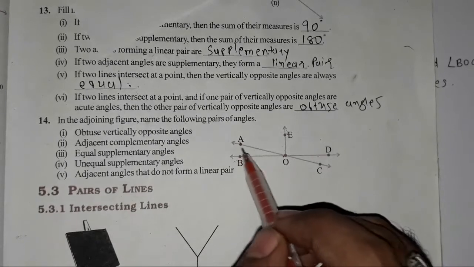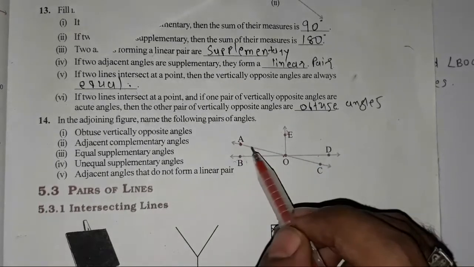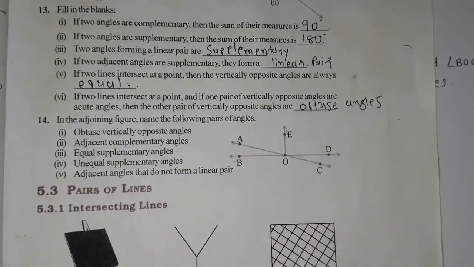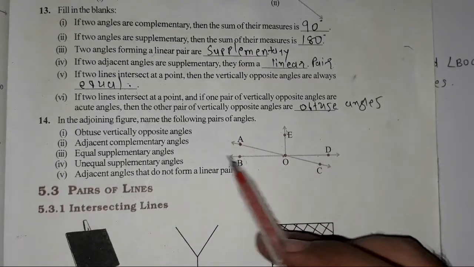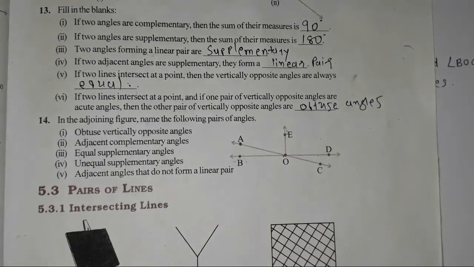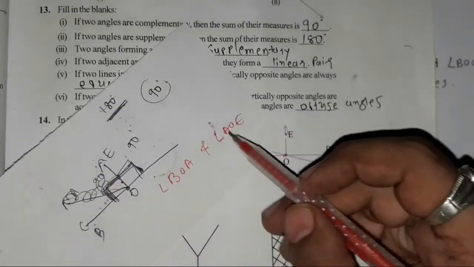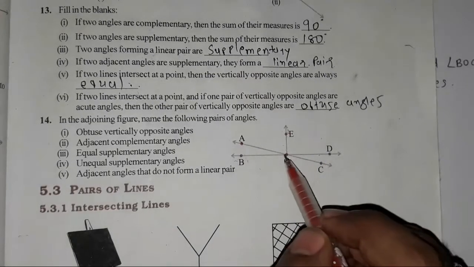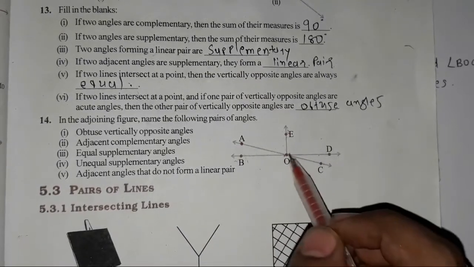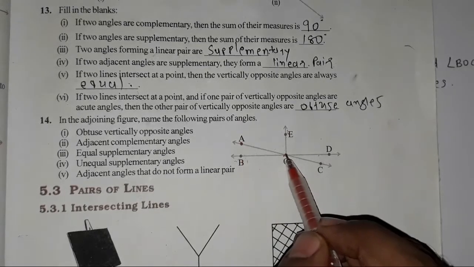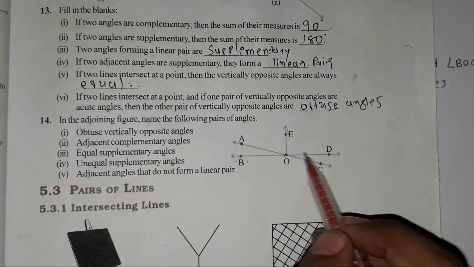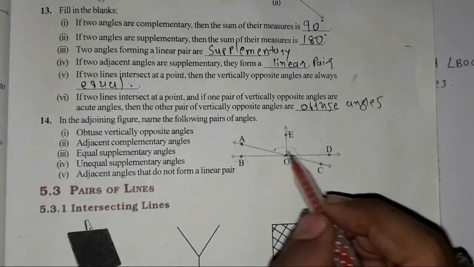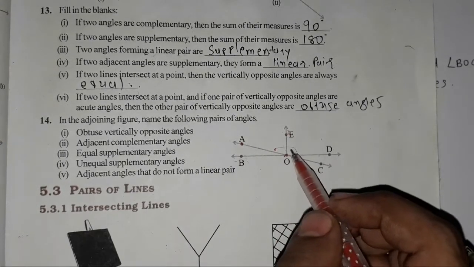So the first pair will be angle BOA and angle AOE. You may write any. So here I will write angle BOA and angle AOE as my first pair. Now you may say this pair is not a linear pair. Here you may see the common vertex is here, and three rays are there: OD, OE and OA. Now these two angles are being formed. These angles are also adjacent angles.